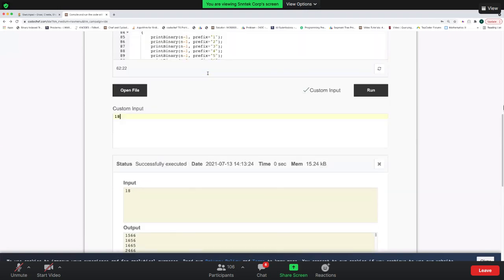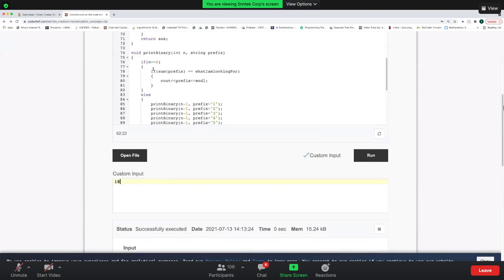Did you guys understand this? So here what I did was, after I have made the final prefix, I can check whether the sum of that particular prefix is the number for which I want the sum. If that is equal to the sum, then I can print that prefix. Otherwise, I'm printing nothing. Did you guys understand this approach, this problem?